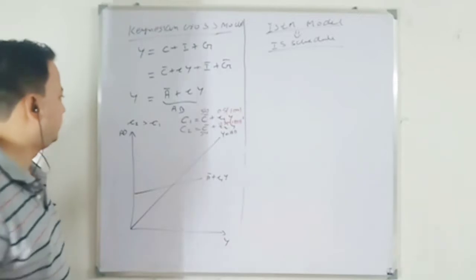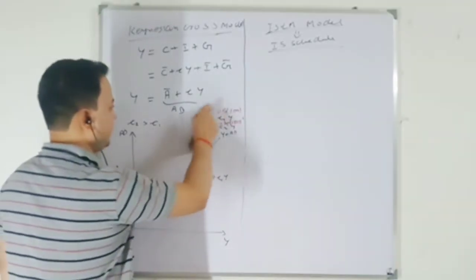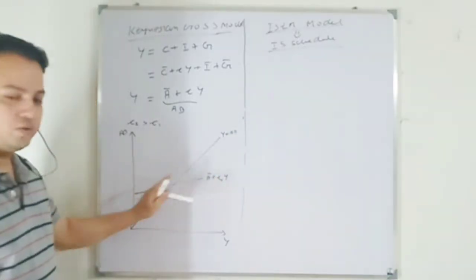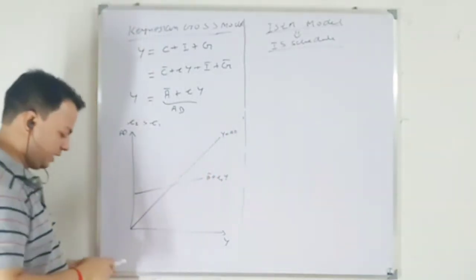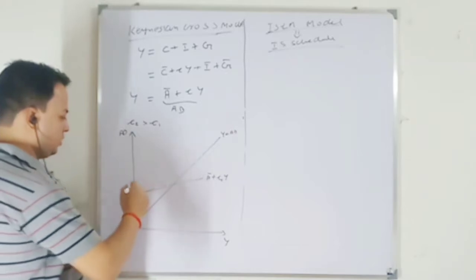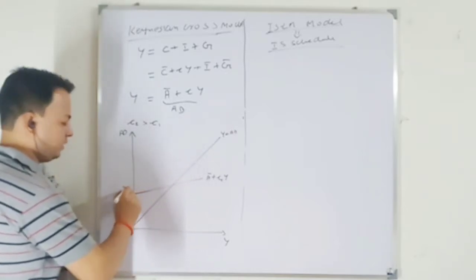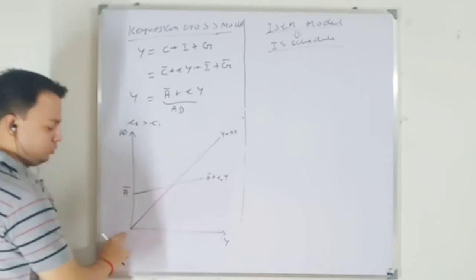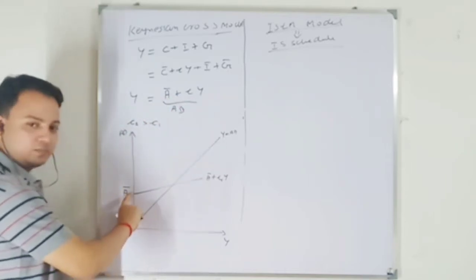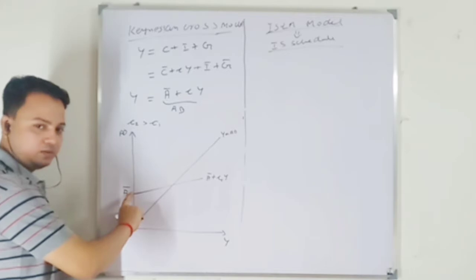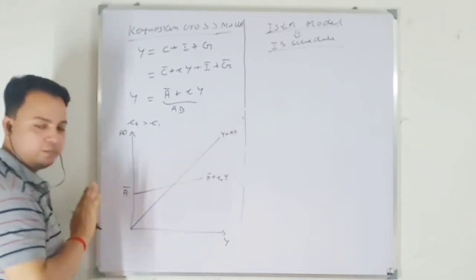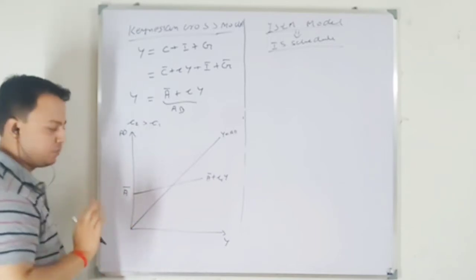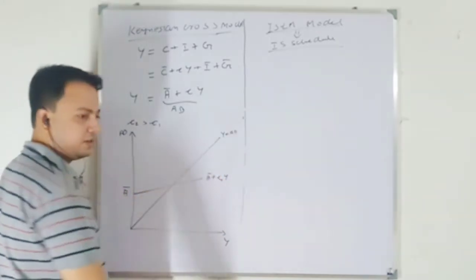Now, how can I plot this in the graph? I have done this. I am going to use the second part here. The equilibrium part I have explained already. For the same autonomous part, A bar, again I am saying how I take out the autonomous: take income equal to 0. This will be my aggregate expenditure in the economy in the current period. This is important. As my income increases, aggregate expenditure increases.